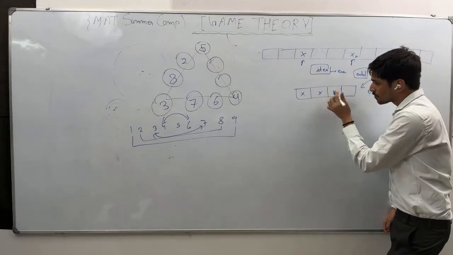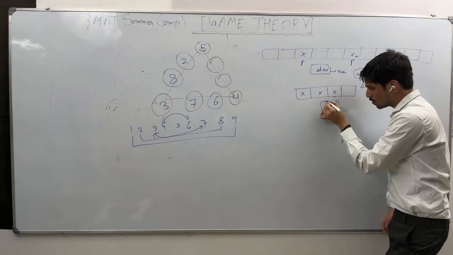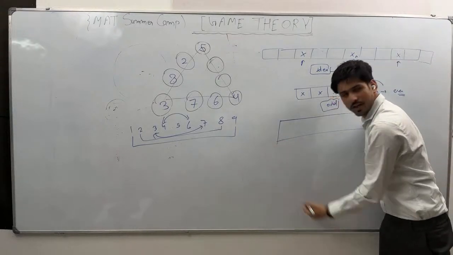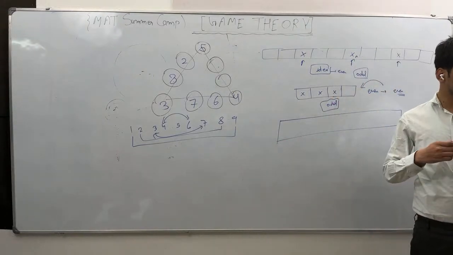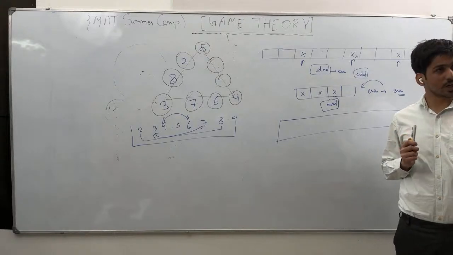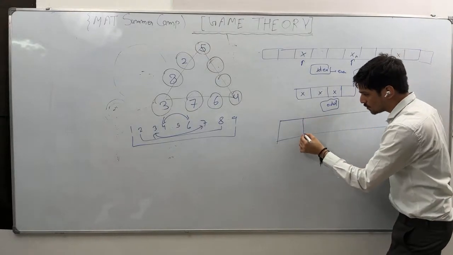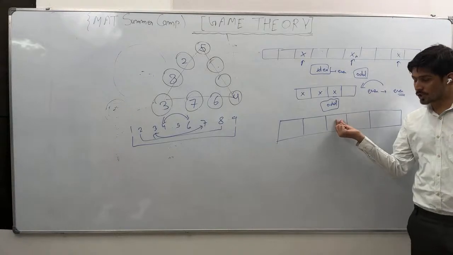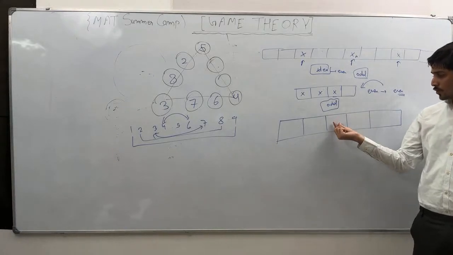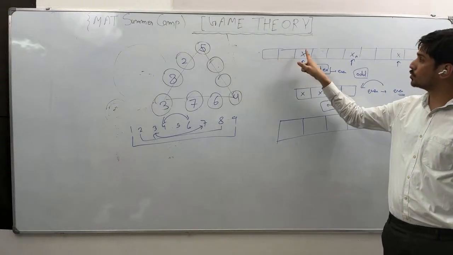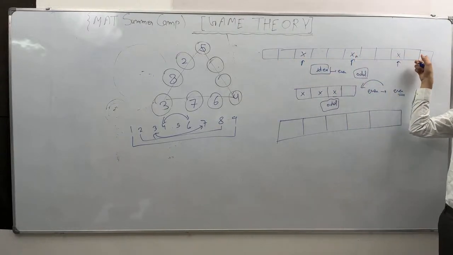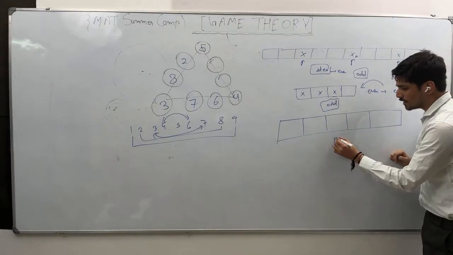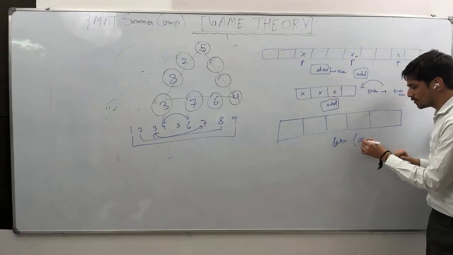But the thing is, if there are odd number of boxes, what you do is you always start either with the center, or you start with the odd number box. There are two strategies you have to apply. Either you start with the center, or you start with the, let's say 1, 2, 3, 4, 5, total 5 boxes there. So either you have to start with this, because anyway this is going to be an odd number box, right? Here we are starting: 1, 2, 3, 4, 5, 6, 7, 8, 9, 10, 11, right? So 11. So there are two tricks. Either you have to start at the center, or you can start with the odd number box.